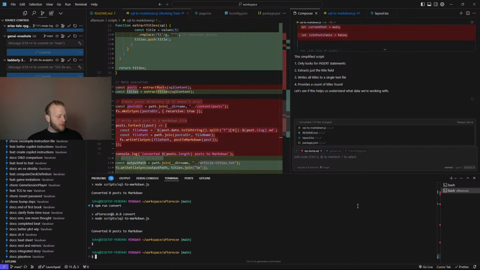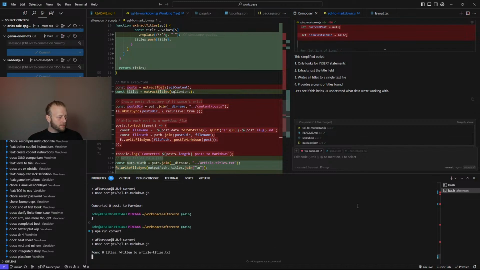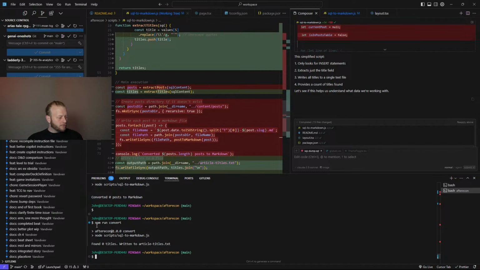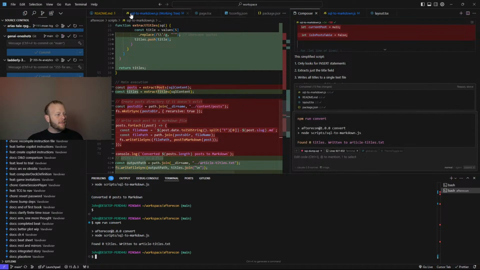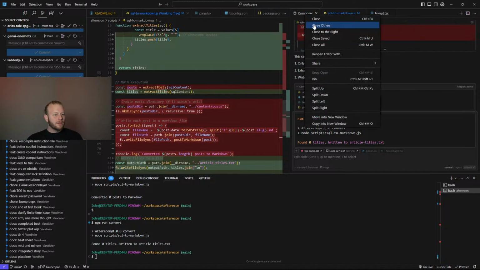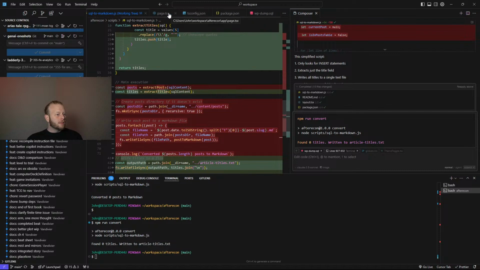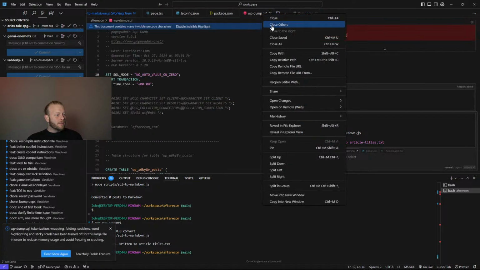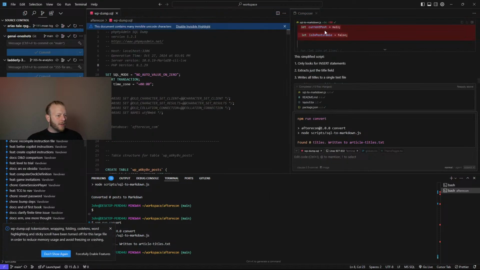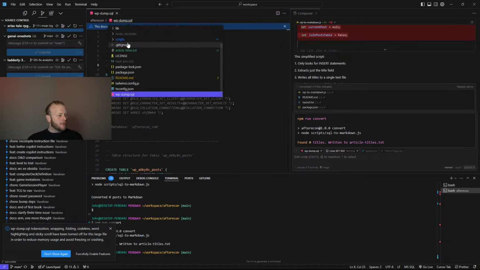Okay, so we're trying a different approach here. It's found 0 articles, even just looking for the titles. So I'm going to remind it of this WP dump file. Let me make sure it's even referencing the WP dump file.